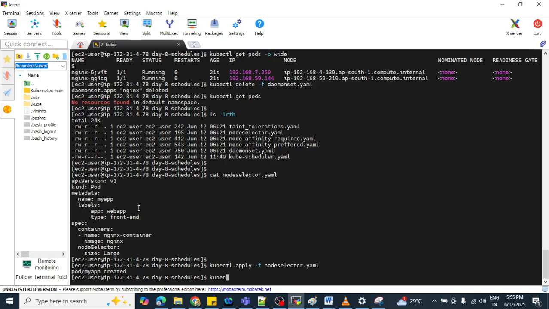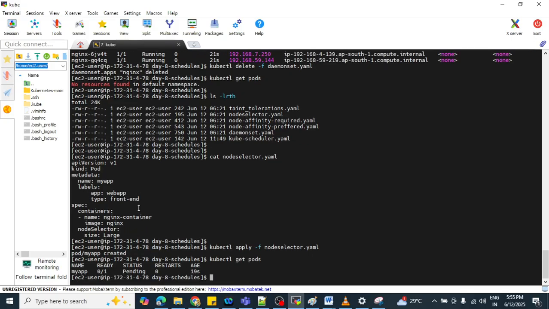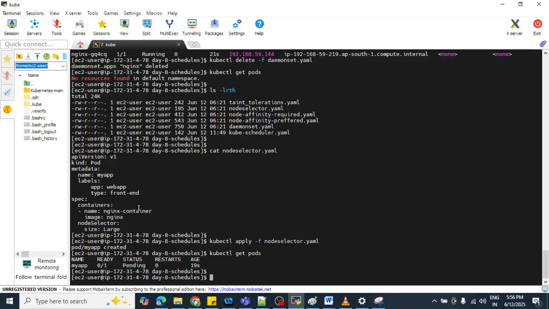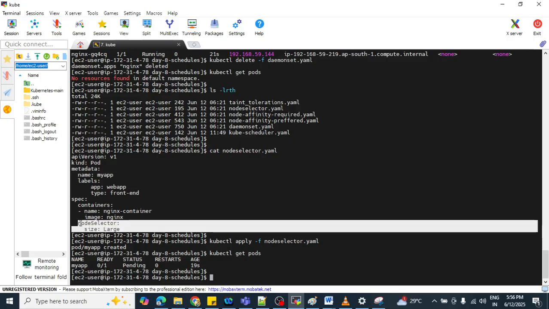But what will be the state of that particular pod? It will be in pending state or running state? Definitely it is not going to be in running state because we haven't marked our node as large.